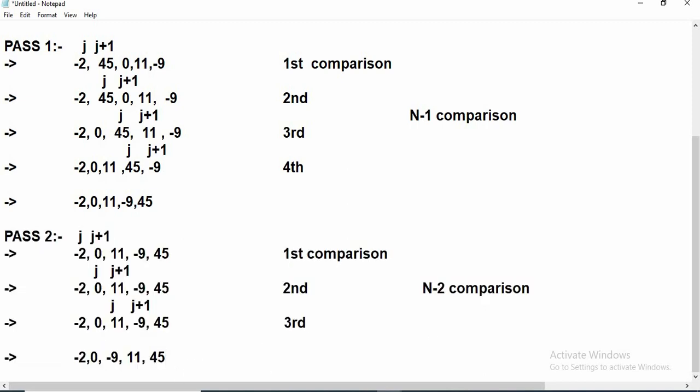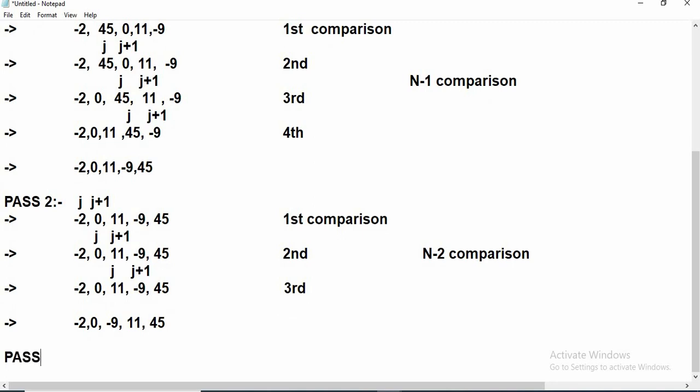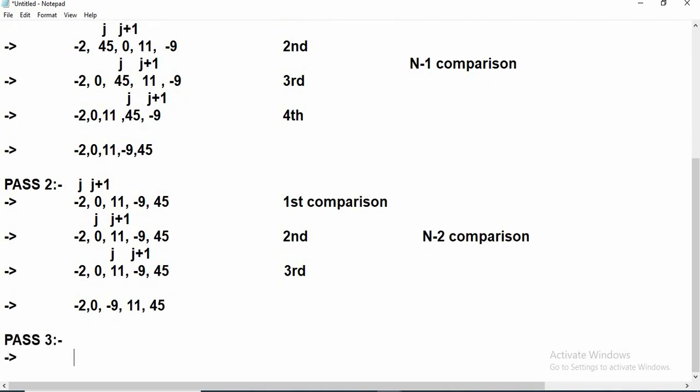Now we will go to our third pass. In the third pass we will be having our new array, that is -2, 0, -9, 11 and 45.